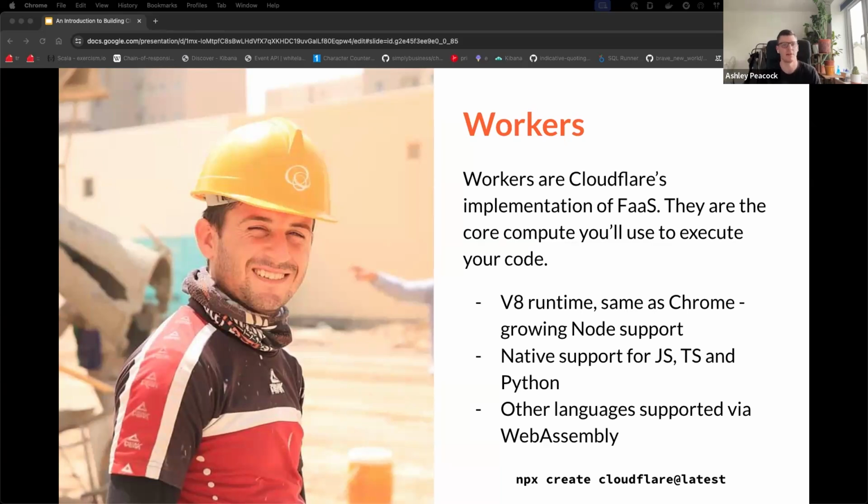Workers are Cloudflare's implementation of functions as a service, and they're your core compute. So this is primarily where you're going to write most of your code and where most of your code is going to be executed. There are some important things to note, such as the runtime is called V8. That's the same runtime that is running in your Chrome right now. So if you joined via Chrome,